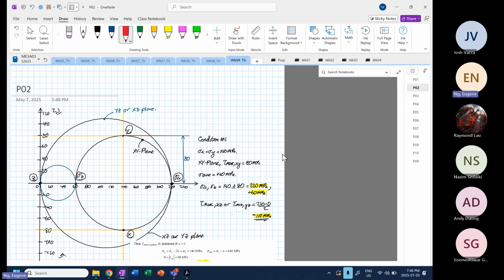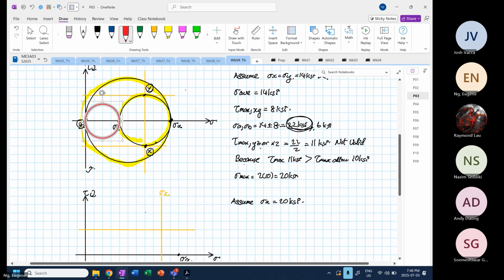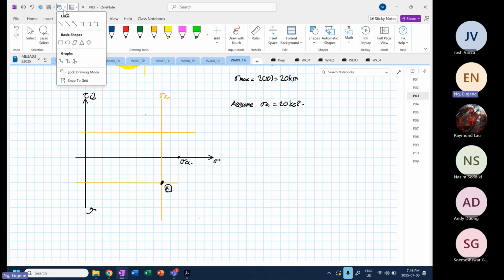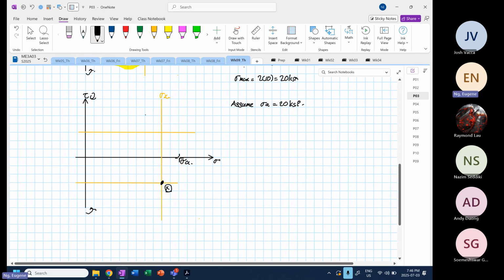Did I draw another circle? Yeah, I did. Okay. Now, so from here, I'm now going to draw a line coming from here to here, right? And then I'm going to copy and paste. I'm going to rotate this